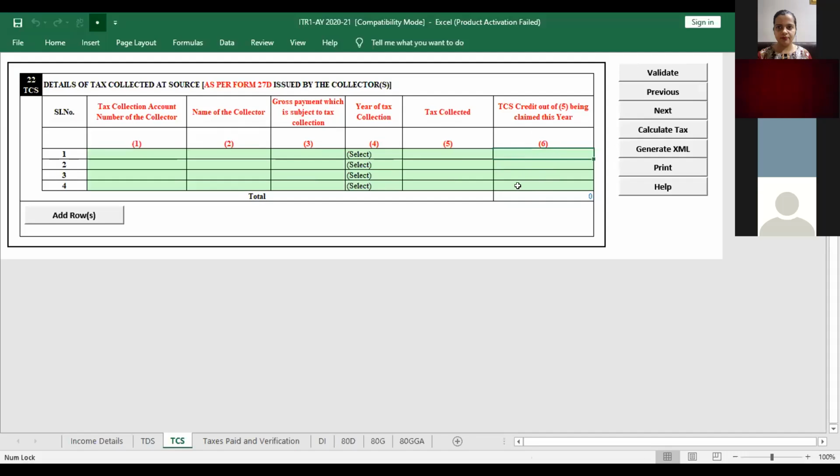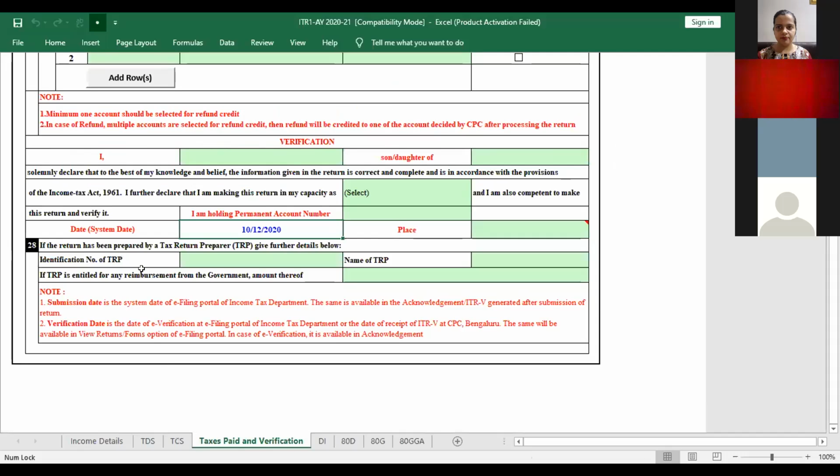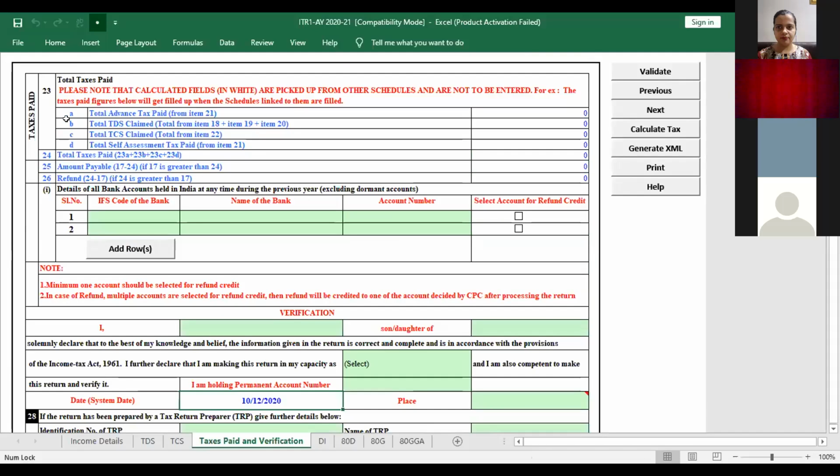All the details will be mentioned over here. This total will give you your taxes. Now, when we total up all this, again, this will be auto-generated from the form. You have your total advance tax paid, the total TDS that you're claiming, total of your Form 16s, the total TCS that you're claiming, total tax collected at source, and the self-assessment tax that you have paid. Everything comes cross-referencing from here directly. This will give you the total tax that you have paid, the sum total of all these figures.